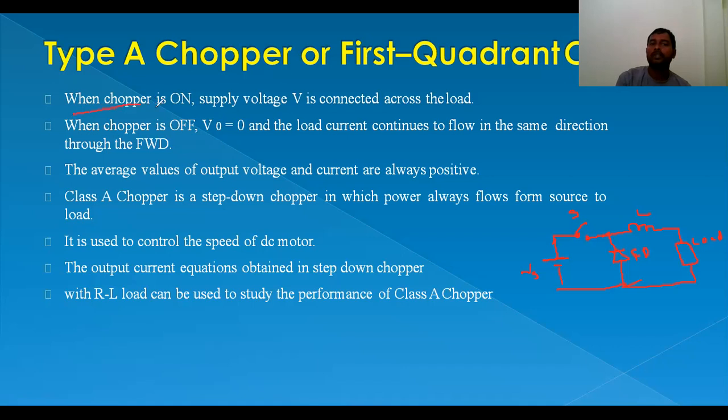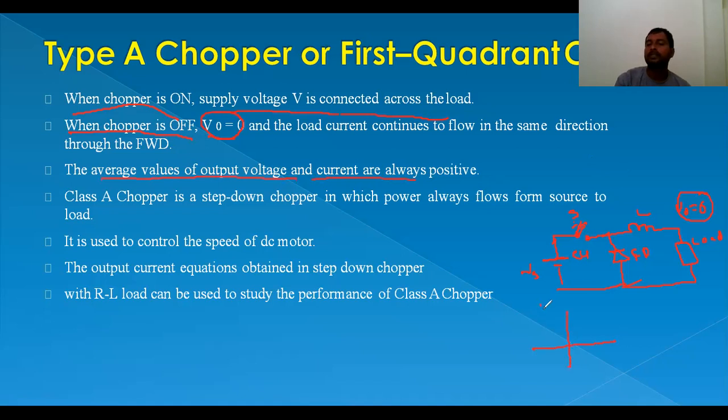When the chopper is on, the supply voltage is connected across the load. When the chopper is on, this will be short circuited and voltage is applied across the load. When the chopper is off, the output voltage is 0, which means it is an open condition, so there is no voltage across the output. The average values of output voltage and current are always positive, which means,